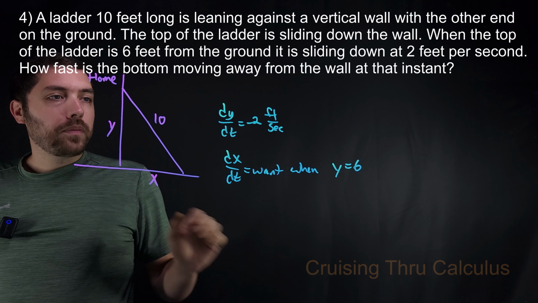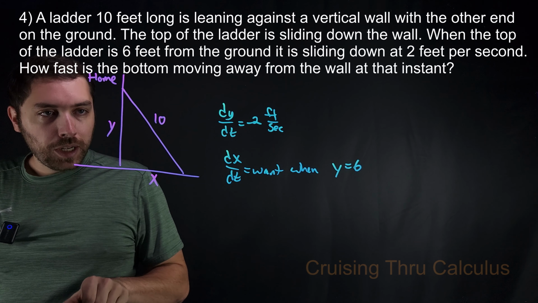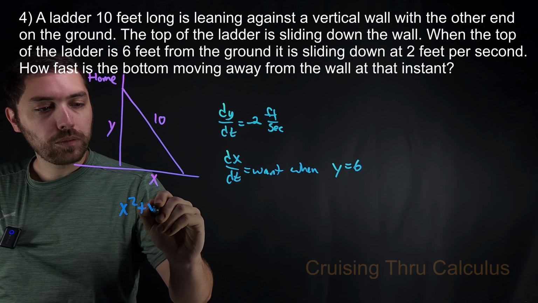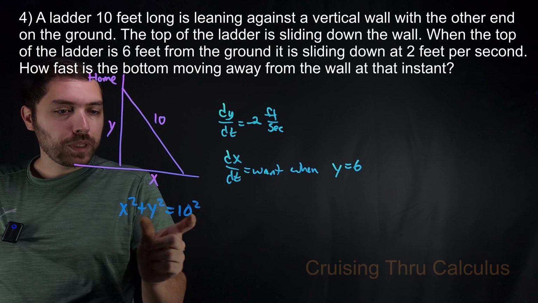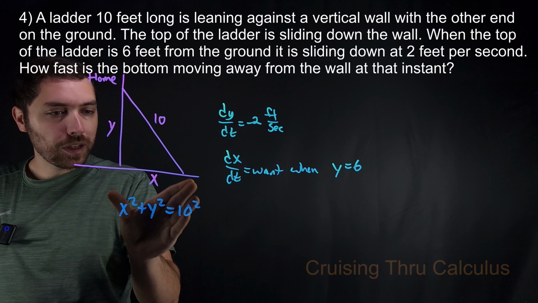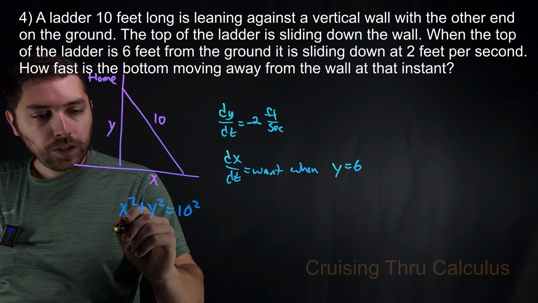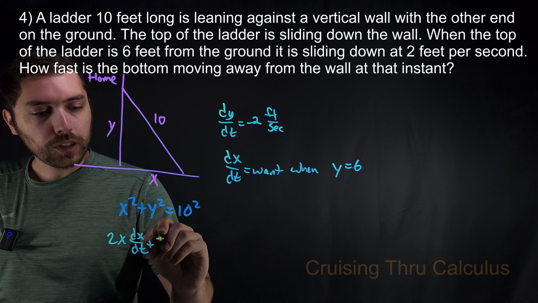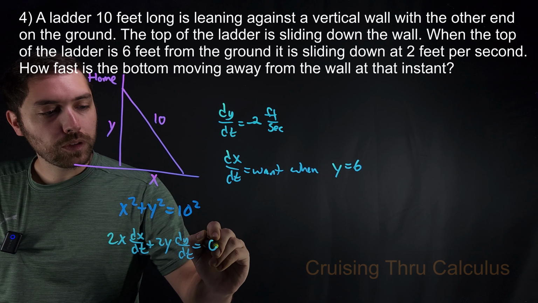All right, this is great. Now, let's see if we can come up with an equation that matches this here. This is a right triangle I've constructed, so let's use the Pythagorean theorem. x squared plus y squared equals 10 squared. This is going to be perfect because when I find the derivative of this, I'm going to get dy/dt's and dx/dt's that pop out of it. So let's find the derivative of both sides here. We're going to get 2x dx/dt plus 2y dy/dt is equal to, and the derivative of a constant